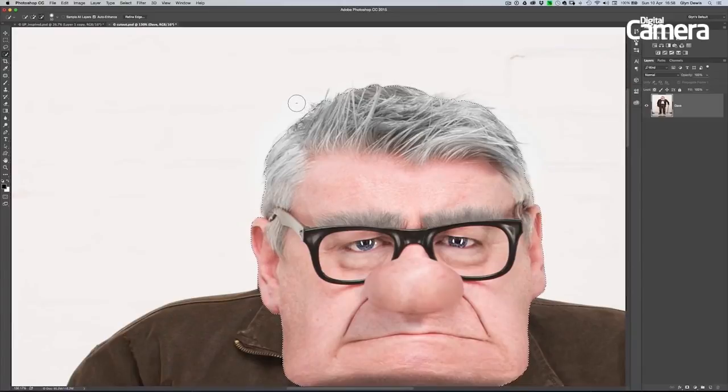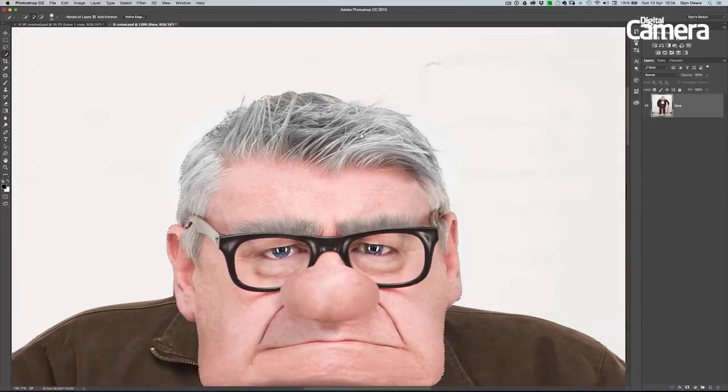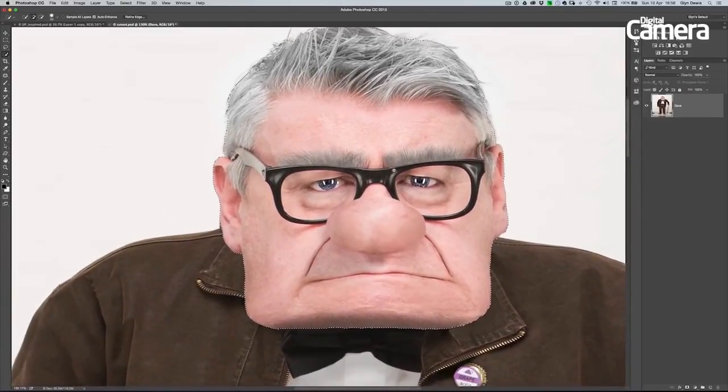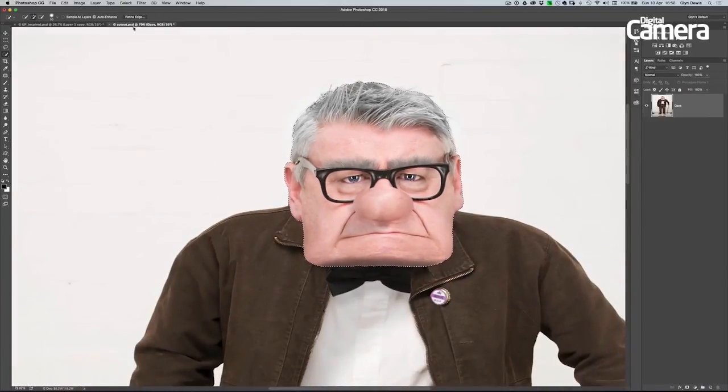So just hold down your Alt option to get the minus and just drag the selection back away from those parts, because we can use something else very soon to pick those up and make it look a bit more realistic. So that was looking good. Check around the rest of the head, make sure there's nothing else that we don't want to include. That's fine. So when we've got a selection like that, click on the Refine Edge button in the top of the options there